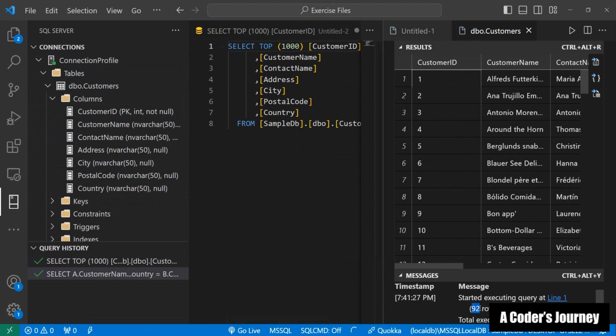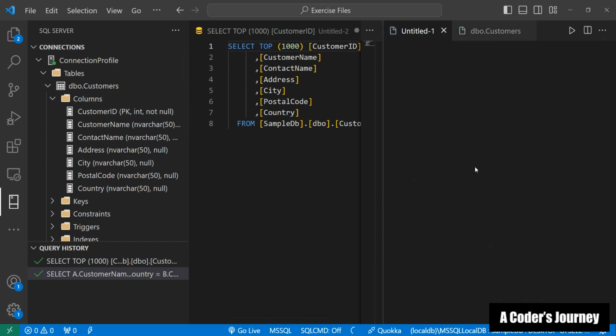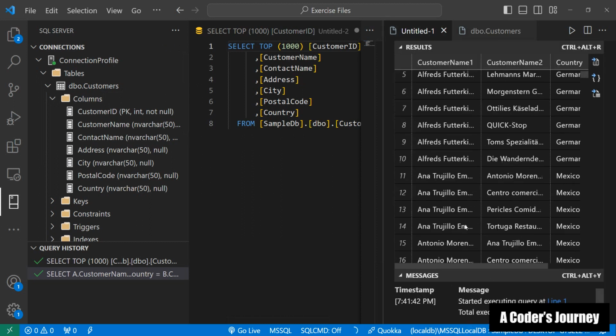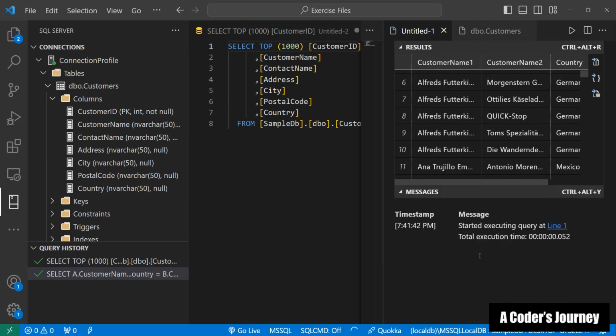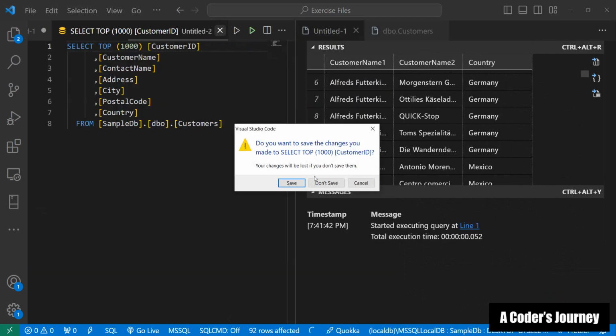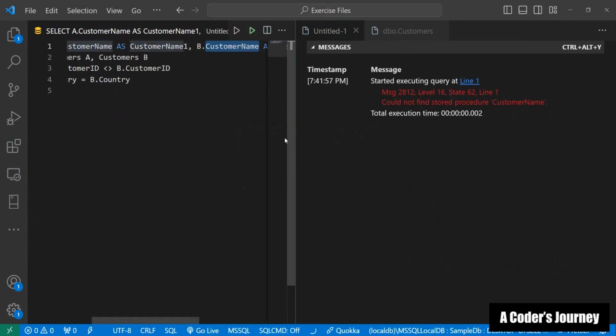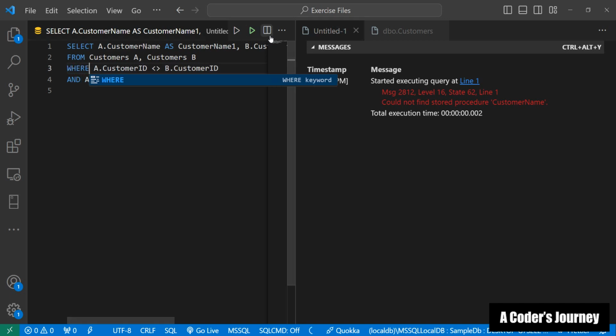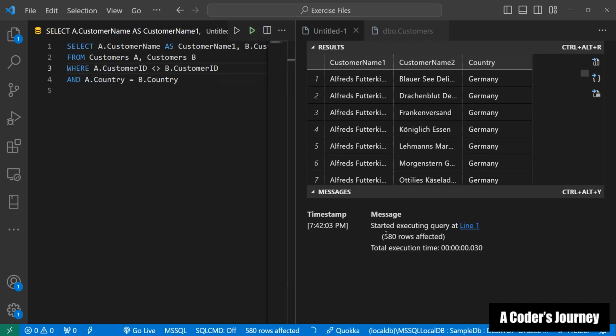So even though only 92 rows exist in the customers table, this join gives us back 580 rows. What is happening here is that every